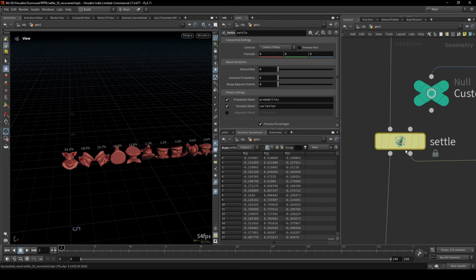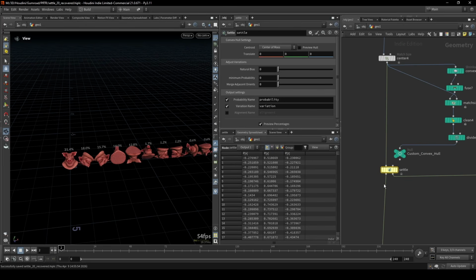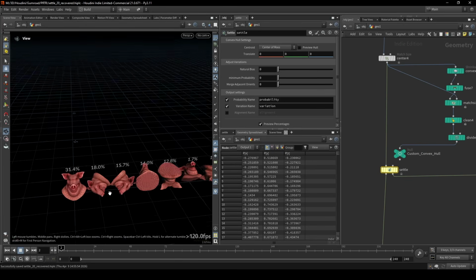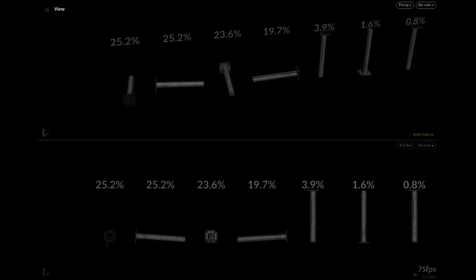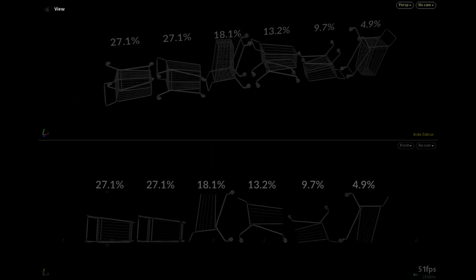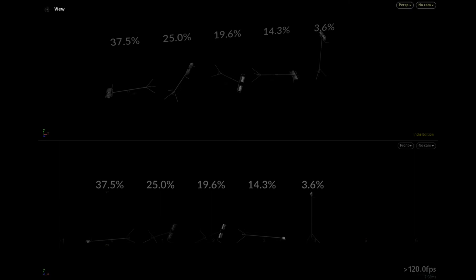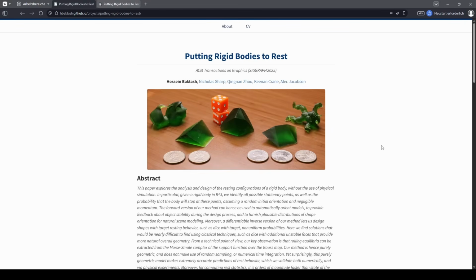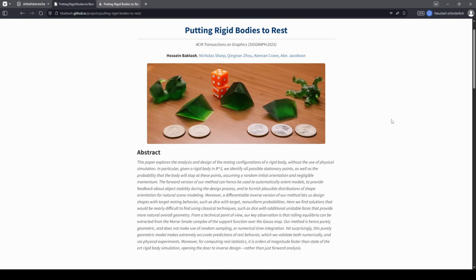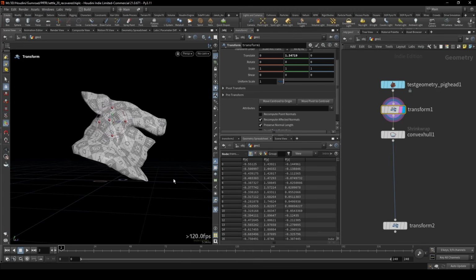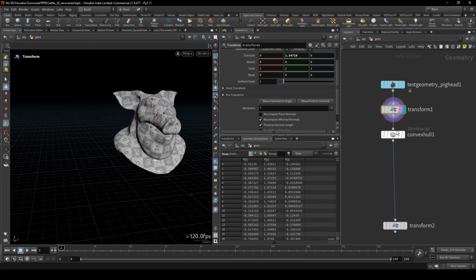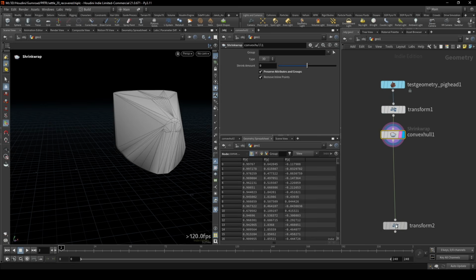Hello, this is a quick overview of the settle HDA, which basically takes any input and calculates viable, plausible rest positions for rotations. The algorithm behind this HDA is based on this paper, which basically goes through the process of calculating these rest positions without simulating. Short version of how it works is this: we take our input model, calculate the convex hull,